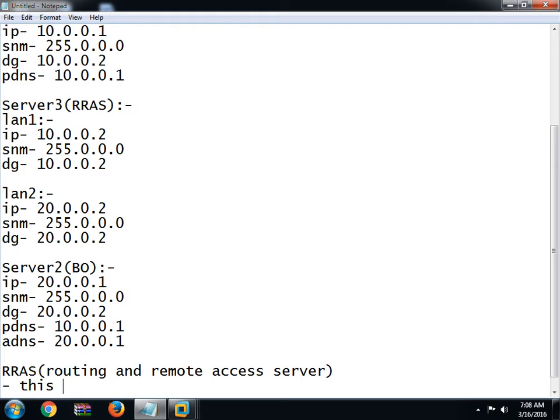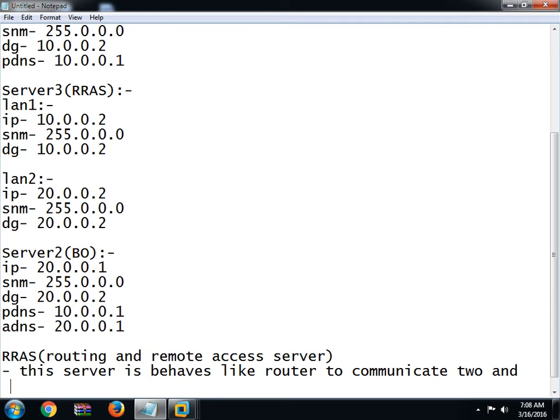Actually this server behaves like a router to communicate with, you can say, more than two different networks.